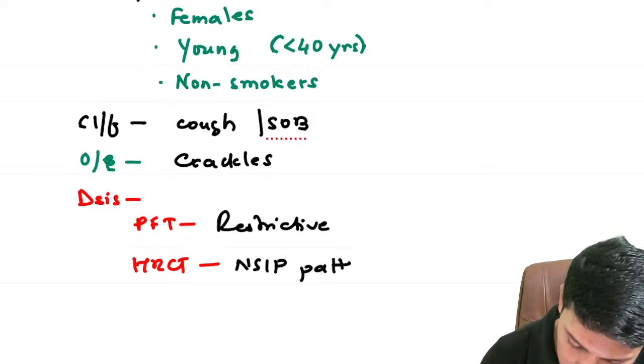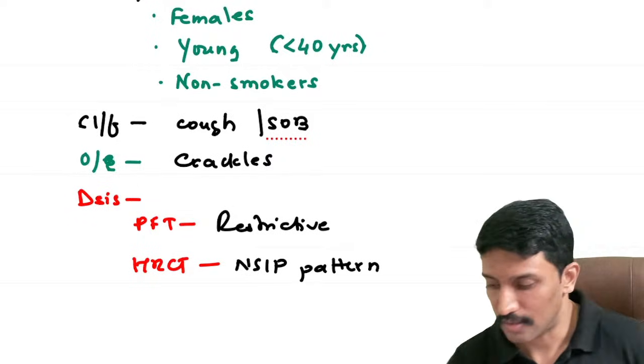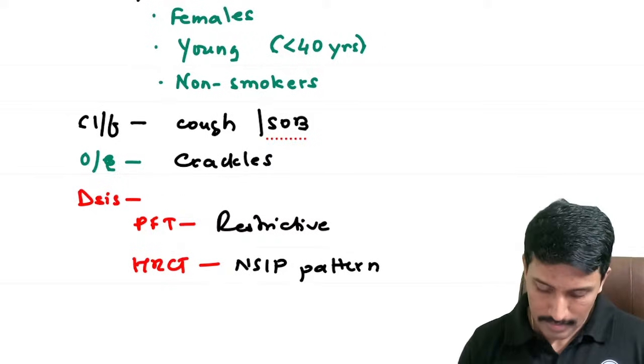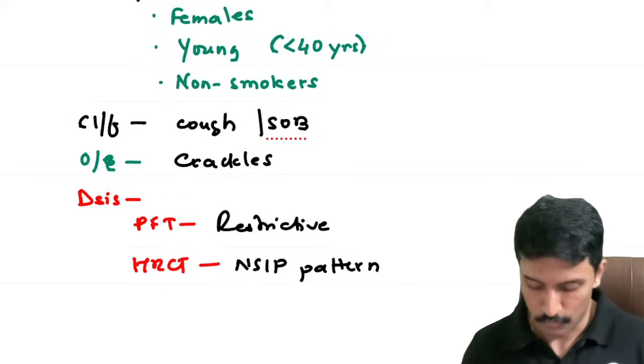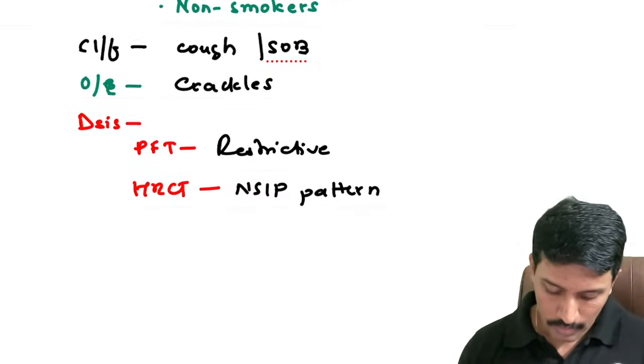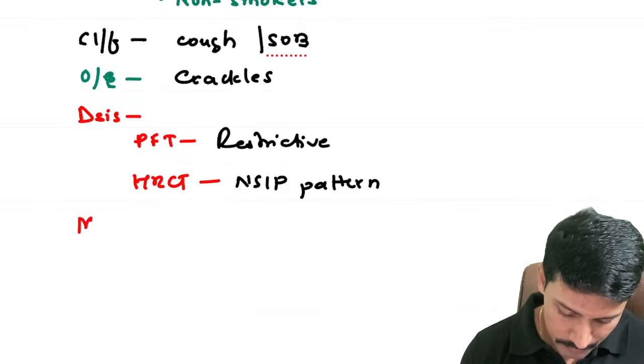And NSIP pattern means you will see ground glass opacities. You will see ground glass opacities. We will call it ground glass opacities. Now, when it comes to its management,